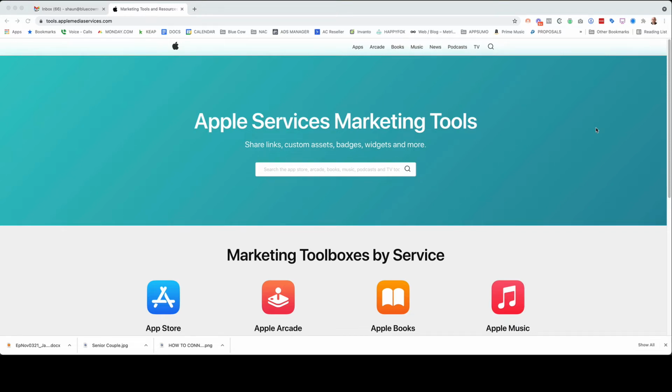When it comes to marketing your content online, you need all the help you can get with all the great tools. And Apple is one of the major players for making it easy to get your content out. What we're going to show you in this video is a new set of tools for promoting your podcast. Now, to get to these tools, you simply need to go to